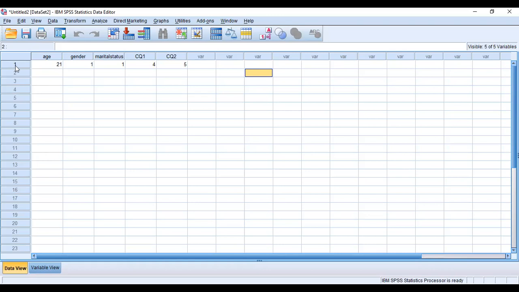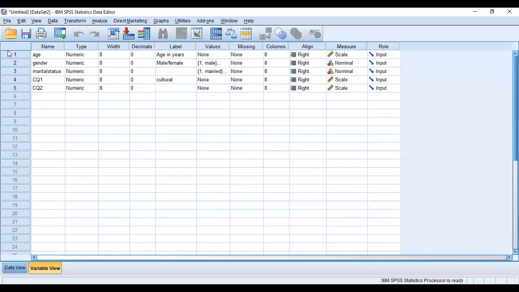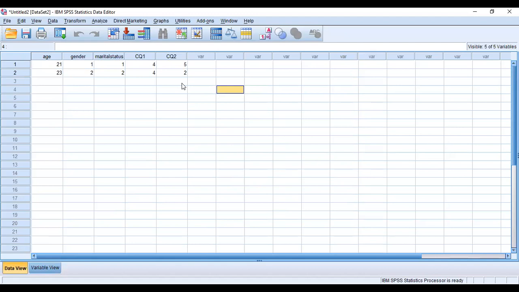And whatever the participant has obtained, each of them you will write down here. Is it clear? Say your next participant, 23-year-old, maybe female, maybe unmarried, maybe got a score of 4, and over here maybe 2. Okay, so in the variable view, you define the variables in terms of all of their properties, and in the data view, you enter the data.